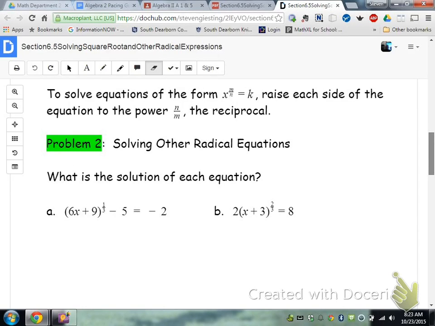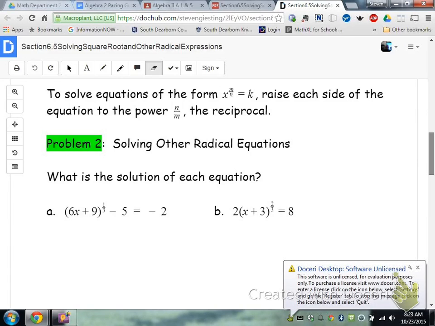Next, let's solve equations that have rational exponents. To solve equations of the form x to the m over n equals k, we want to raise each side of the equation to the power n over m, the reciprocal. Because if you remember from Algebra 1,